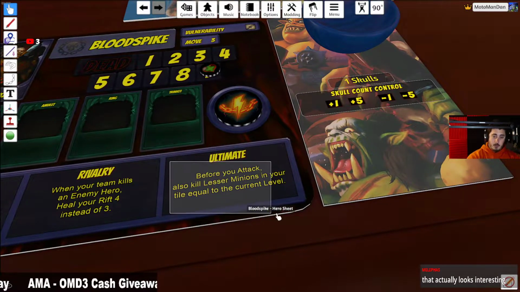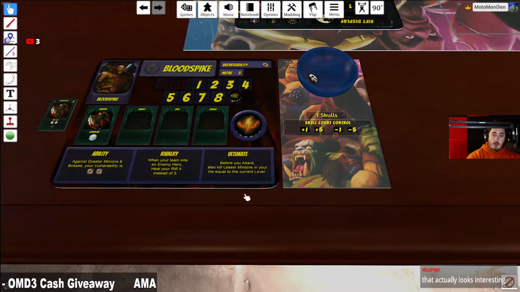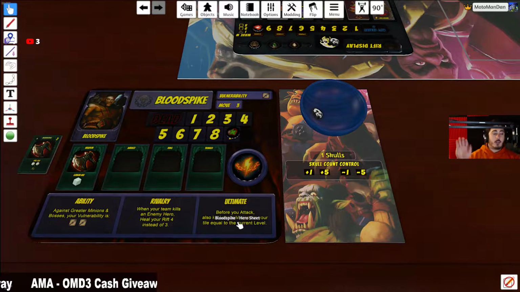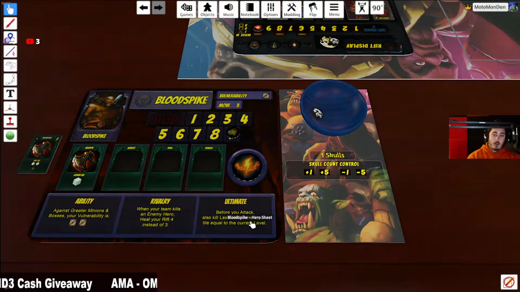And then before you attack, also kill lesser minions in your tile equal to the current level. If you imagine being at level 3 and having 4 blood spikes, and you just walk into a room and you kill 12 enemies at once, just using your ultimate. And you know what that means is because the ultimate costs 3 per, as long as you're killing 3 with your ultimate, you're making the money back as is,